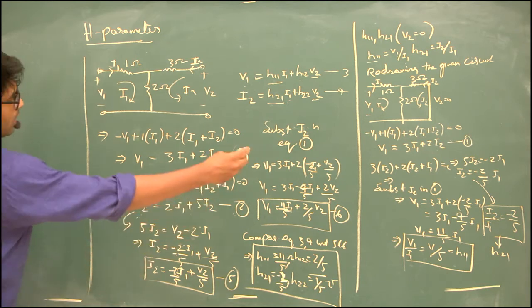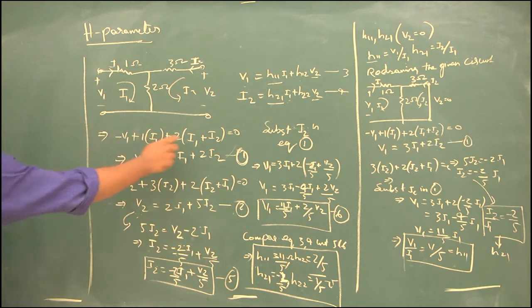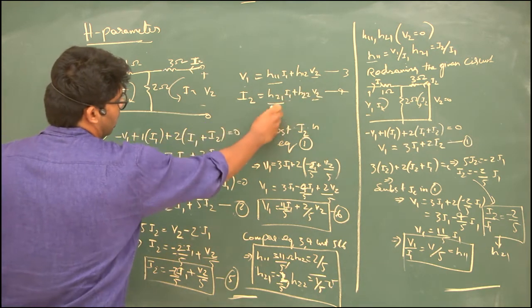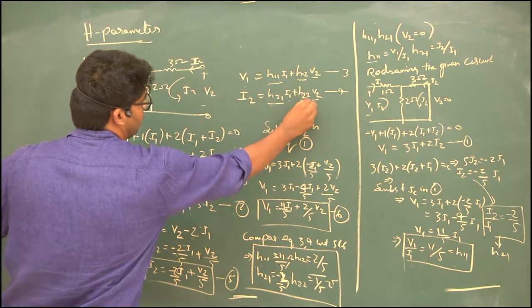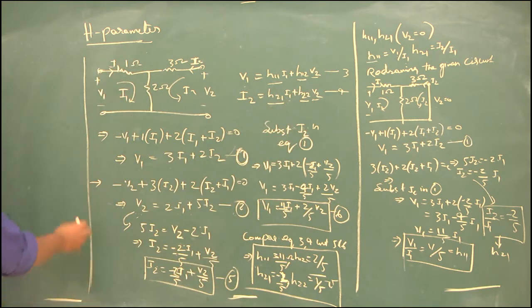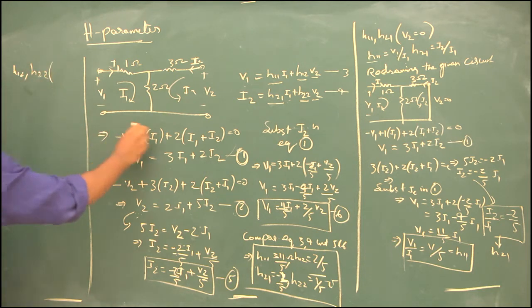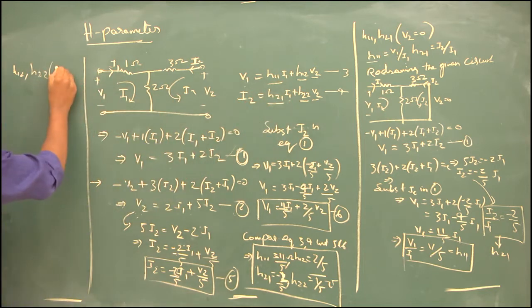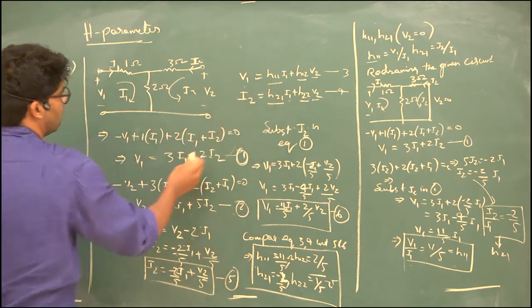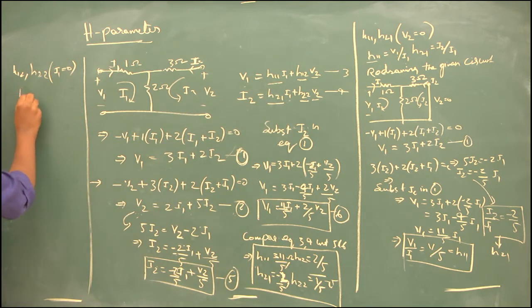So I am not having a space here. I am taking that. I got H11, H21, but I need H12 and H22. So how will we do that? To get H12 and H22, what we may have to do is I1 should be 0. If you make I1 equal to 0, then you will get H12